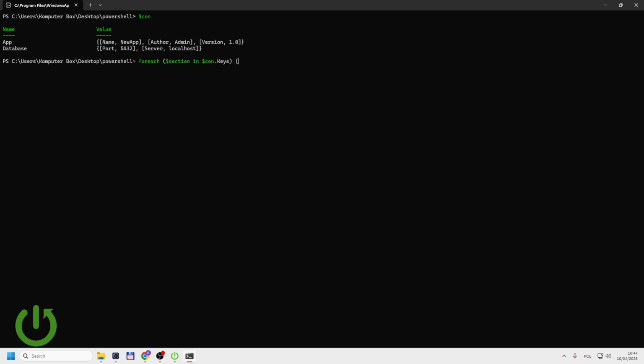We have to close that, we have to open the braces, and now here we have to do another foreach loop, so foreach, and now for the key, for example, in config, and we have to now get the value of each key, so we can do it like this, and now that keys,